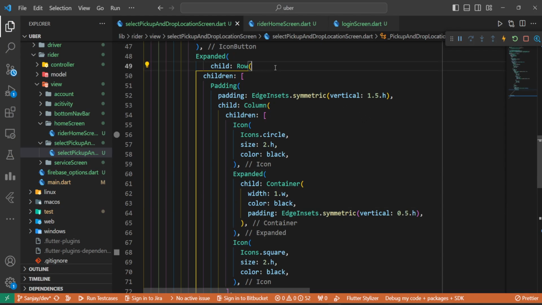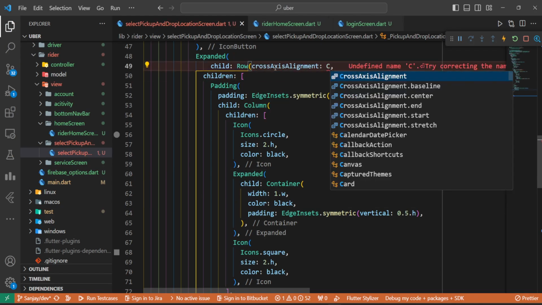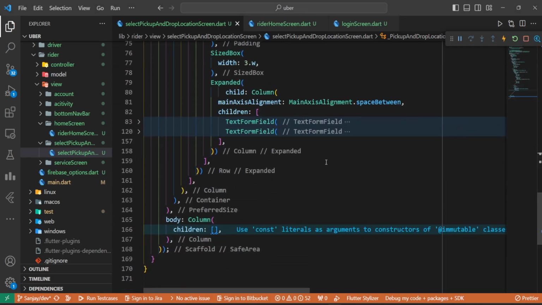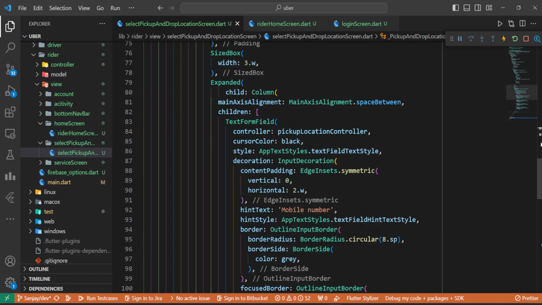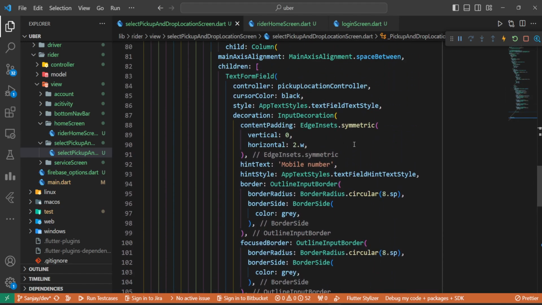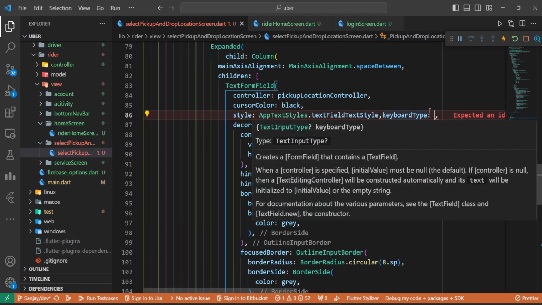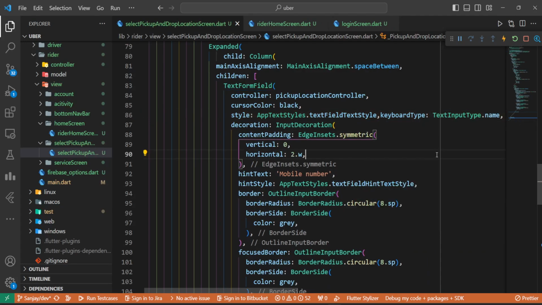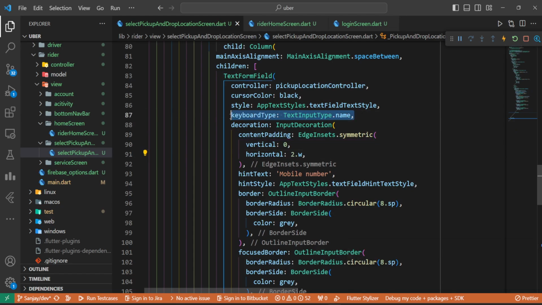Okay. So here in row, we want to make sure that crossAxisAlignment.center. Okay. So here we do have this as mobile number, so we want to change it. We will come up here, text field, and make the keyboard type in style. So we want to initialize the keyboard type. It's going to be TextInputType.name. So we'll do the same, copy, and here it's going to be